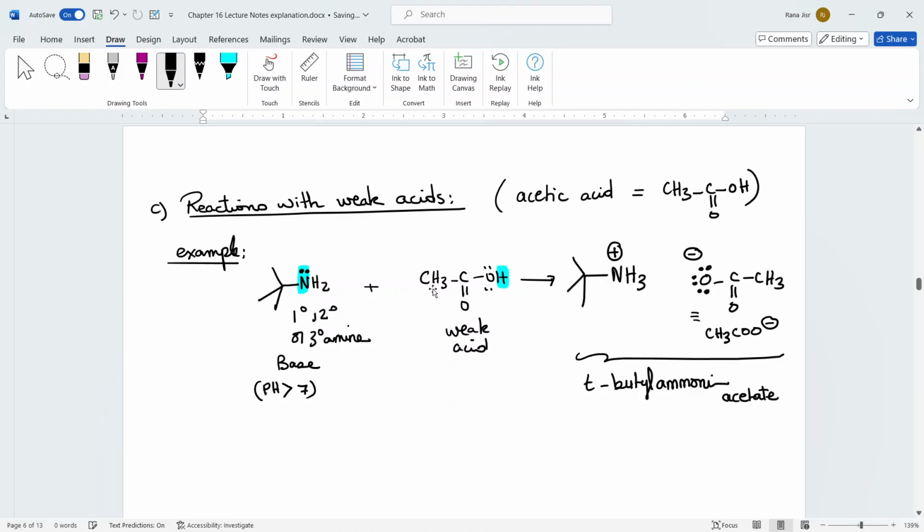When you take that base and you react it with the acid, then you're going to have an acid-base reaction. Now, that acid-base reaction is going to produce a product, and that product has an acidic part. So the pH of the solution is going to drop down because you now have an acid in here. So your product now has a low pH, because your product has an acidic part. And at the same time, your product has a basic part in here. So this is why we say that this one is pH dependent. It depends on the pH of the solution.